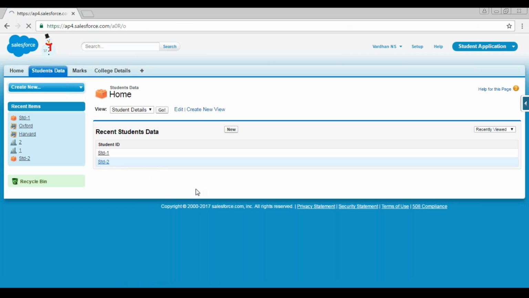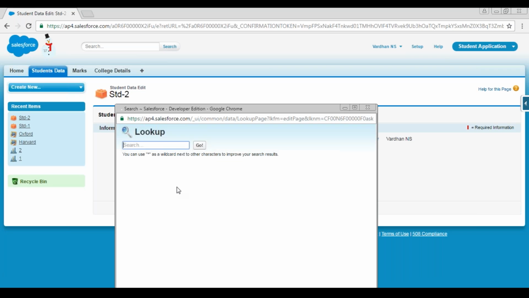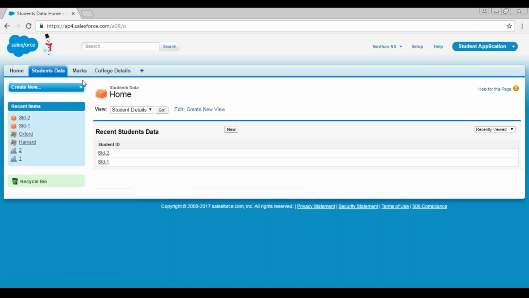Now let's go to student 2, edit this and enter the college details as Harvard. Alright, and I'm going to save this now. Great. So I go back to students data,